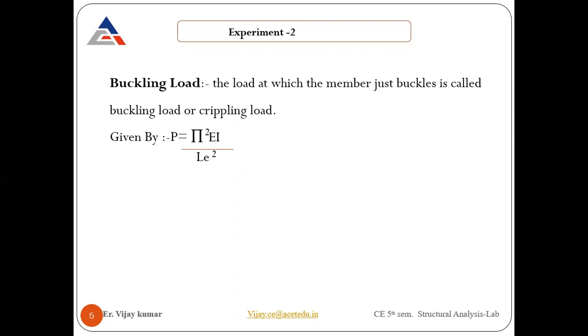If it is medium, in that case we can say it can fail due to both buckling and crushing. And if it is a short column, it is going to fail due to crushing only. Buckling will not take place. Buckling can happen in the x and y directions, in the direction where we have a smaller cross section. In that case, buckling will take place on that side, not on the stronger side or heavier side. The side with more cross section or moment of inertia, there buckling will not take place. Buckling only takes place where we have the least lateral dimension.